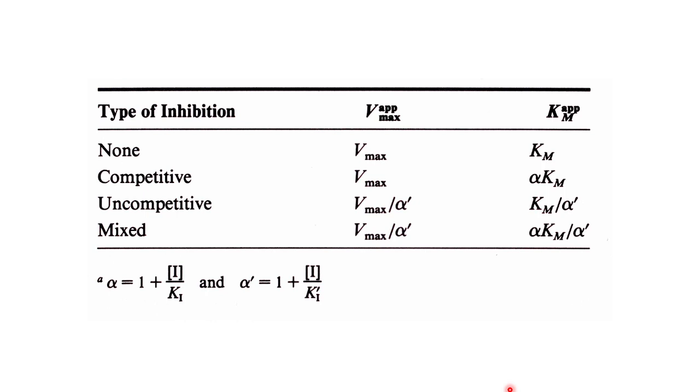So summarizing the types of inhibition: when there is no inhibition, your Vmax remains Vmax and your Km remains Km. When there is a competitive inhibition, your Vmax remains the same, but your Km value increases. When there is an uncompetitive inhibition, your Vmax value is decreased by alpha dash, and the same is observed for Km, which is also decreased by alpha dash. And in the case of mixed inhibition you see a similar scenario, but here something is wrong given over here. So it's Vmax by,